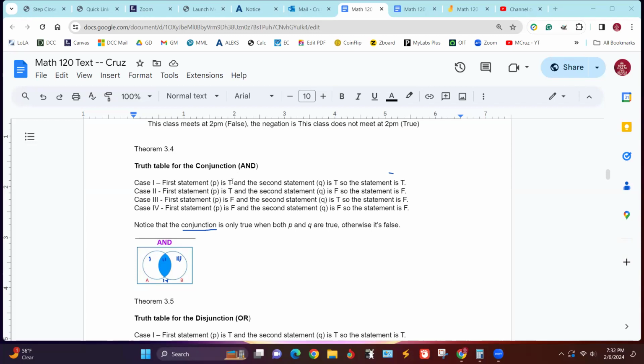If the first statement is true and the second statement is true, then it's true because that's saying you're in both. But if you're in the first, but not in the second, in other words, this side is true, this side is false, then it's a false statement because when you say and, you have to have both. So that's also why case 3 is false.